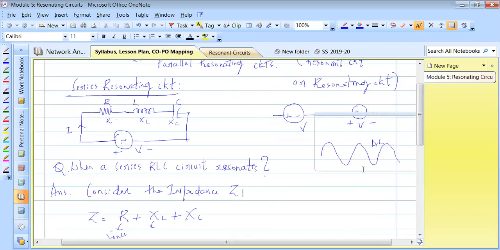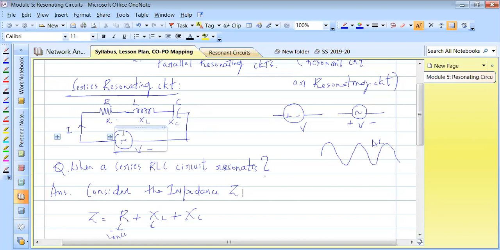The wave that you see here will make it AC. Now you should understand, with that introduction to the different voltage sources, DC source and AC source, that the resonating circuits that we see here work only with AC circuits. Because this resonant circuit, I'll be talking about the application shortly. You should understand this resonating circuit is a frequency selective circuit. You can select a particular frequency where you want your output.